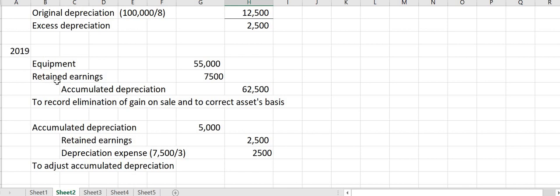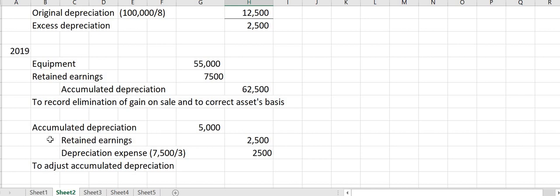It's just that the gain on sale, since it has been closed to retained earnings, of course, you'll debit it to retained earnings now. So still we debit equipment for 55,000 to correct the asset's basis or the asset's cost. And then debit retained earnings for the gain on sale, which is 7.5, credit accumulated depreciation for 62,500. Okay? And then, of course, to adjust accumulated depreciation and to record the amortization for gain, we'll debit accumulated